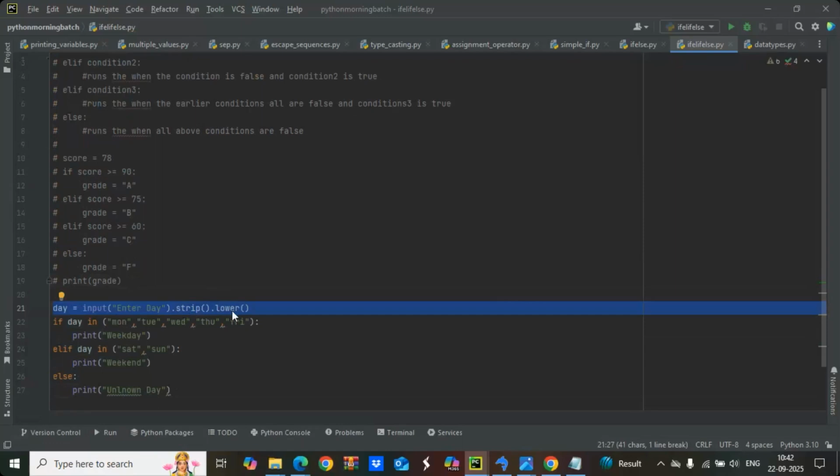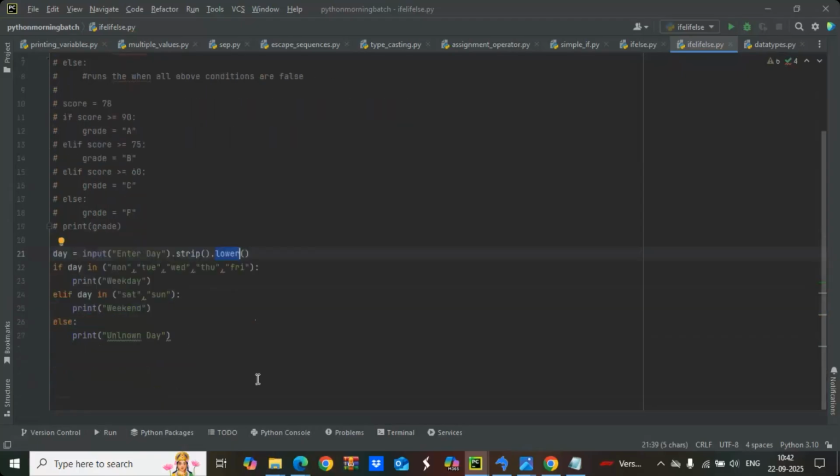Then .lower converts the string to lower case. If you enter Monday in capital letters, it will convert it to small monday. If you enter it like this, it will convert to like this. Okay,